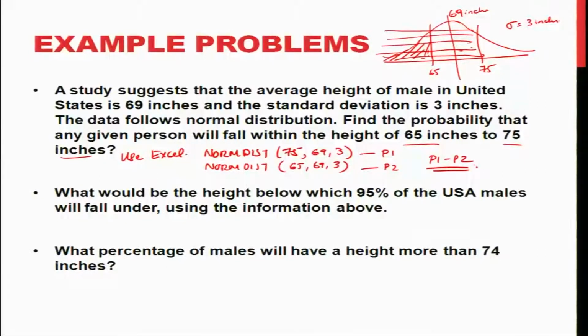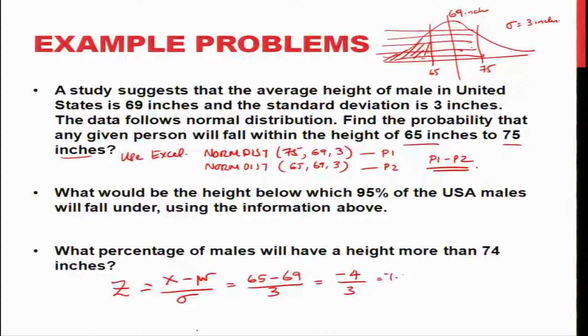Another option is we convert this into the standard normal curve, where z is equal to x minus mu divided by sigma. The x is the value that we want, which is 65, the mu is the average, which is 69, and sigma is 3. So, 65 minus 69 will be minus 4, divided by 3, 4 by 3 will be minus 1.30,